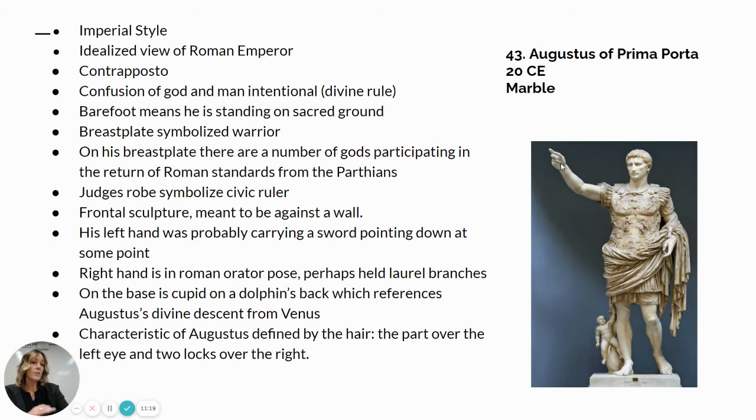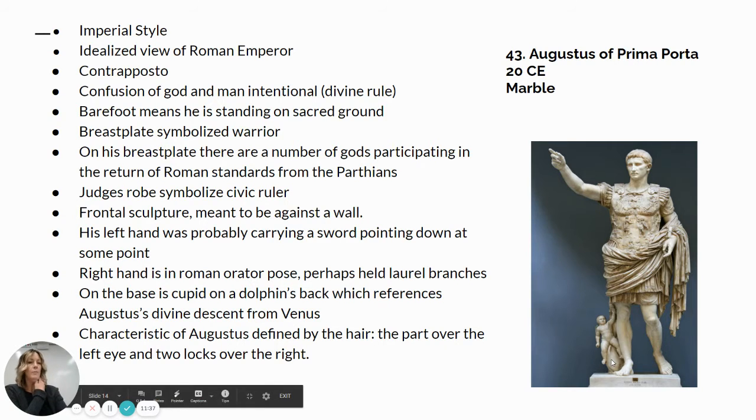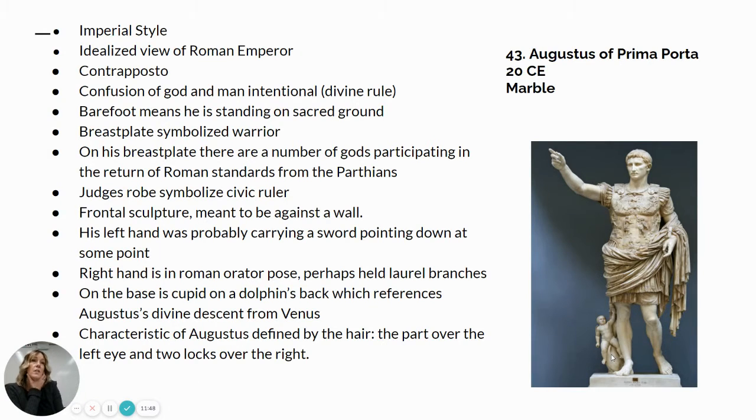So there are some symbols that we believe were there at one time, but we also have on this pedestal down below, tugging on his robe, a small figure, and it's hard to tell from this angle, but this figure, who is Cupid, by the way, is sitting on top of a dolphin. That's what is behind him and under him. Those symbols are supposed to represent the goddess Venus, and it's supposed to symbolize that Augustus maybe is descended